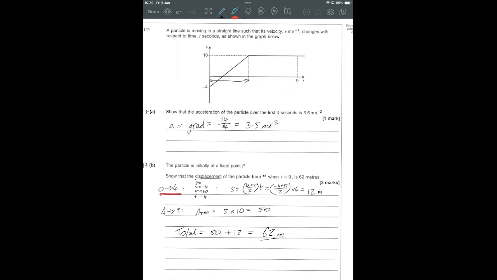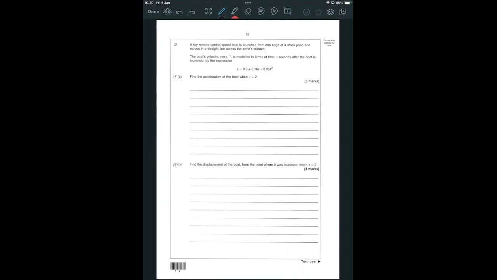Just writing things like that for the examiner, rather than just the working where they have to try and guess what you're thinking about, is incredibly helpful to them. Question 17 is done. Question 18, a toy